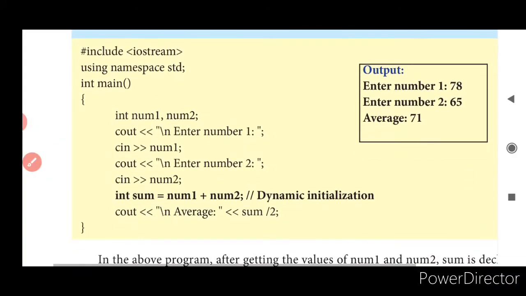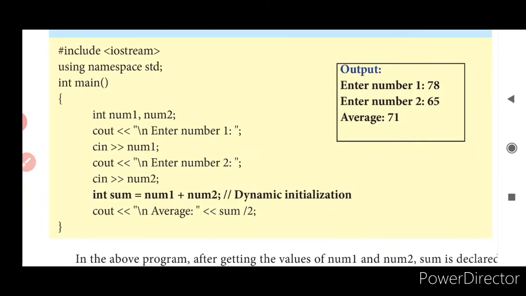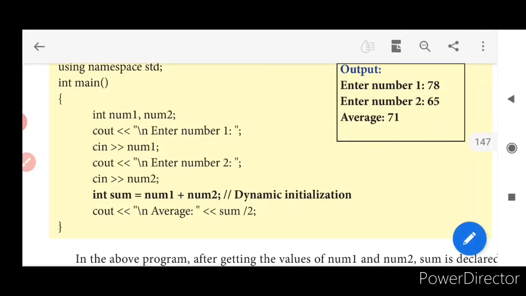Dynamic initialization. Have a look here, main, num1 and num2, we got the variables, getting the input from the user for num2. Then what are we doing? We are just adding both the values. Here only I am declaring sum. I haven't declared it earlier. Usually what do we do? Int num1, num2, comma sum. This is how we write, isn't it? But here what have we done? We have declared a variable during the runtime process. That is what is termed as what? Dynamic initialization.